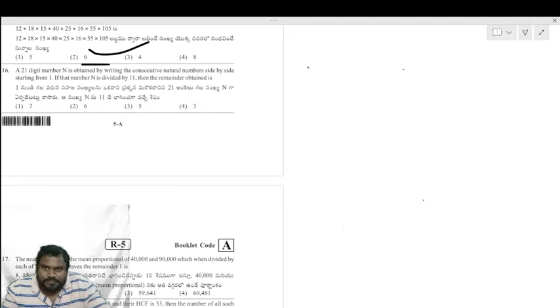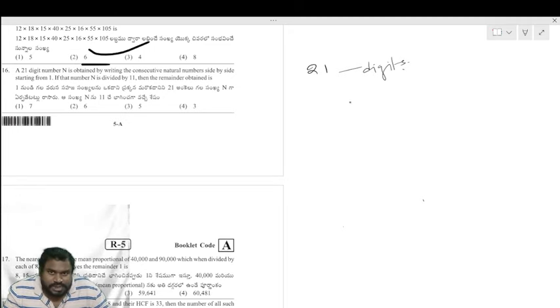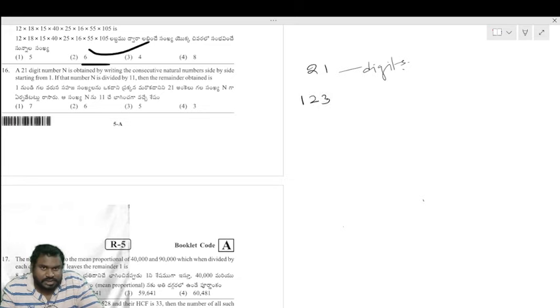Here, there are 21 digits in the number. So there must be 21 digits formed by writing the consecutive natural numbers side by side starting from 1. So we should start from 1 and write side by side. So 1, 2, 3, 4, 5, 6, 7, 8, 9, 10, 11, 12,